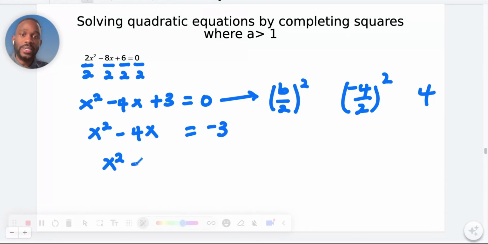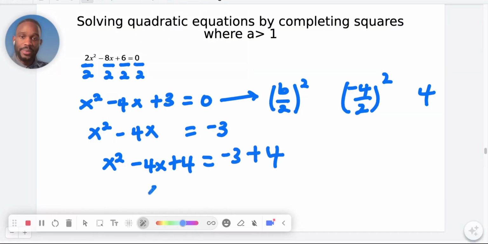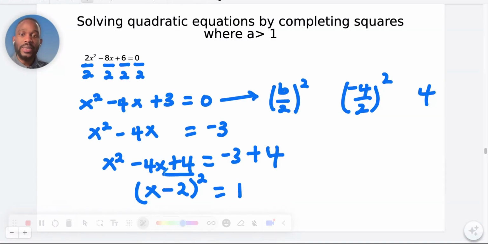So x squared minus 4x plus 4 is equal to -3 plus 4. So this is a perfect square trinomial. To factor this, you just get x minus b divided by 2, which is 2, squared, is equal to -3 plus 4 gives you 1. So at this point, guys, get the square root on both sides of the equation. So this is the same as x minus 2 being equal to the square root of 1, which is plus or